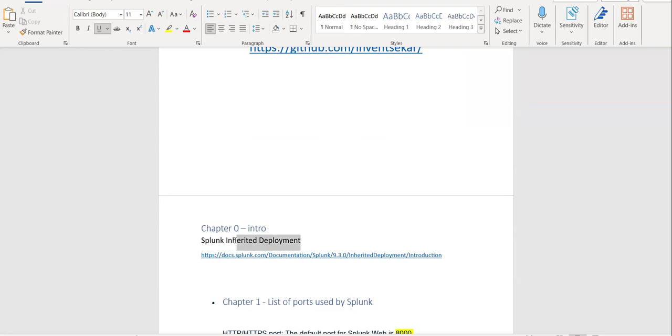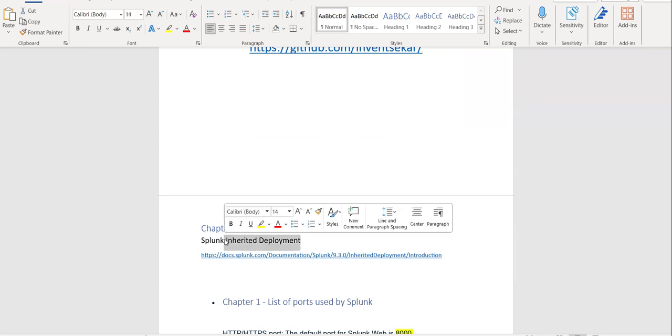This is something I'd like to update you on. There is a very nice documentation from Splunk called Splunk Inherited Deployment, which means that, let's say you are applying for a new job as a Splunk admin. You attended the interviews and you got the job. After joining, most probably there is already a Splunk